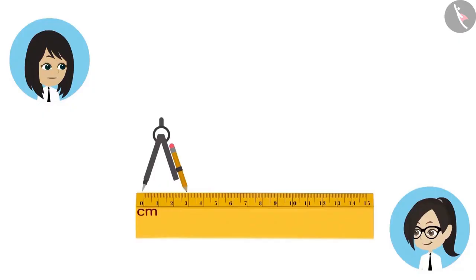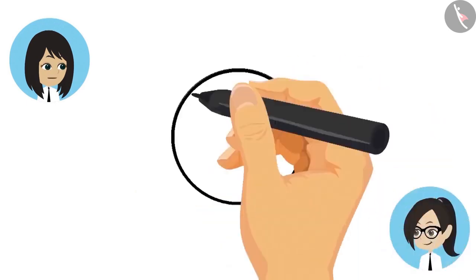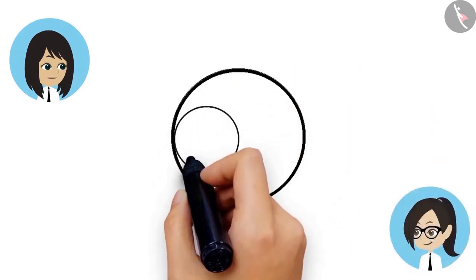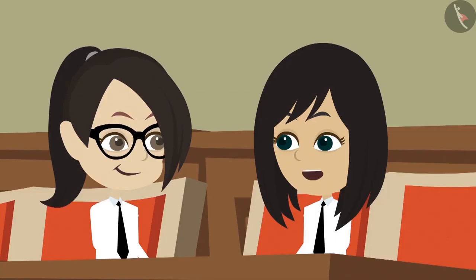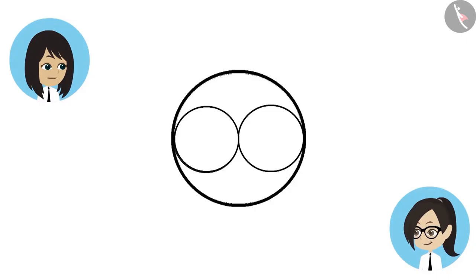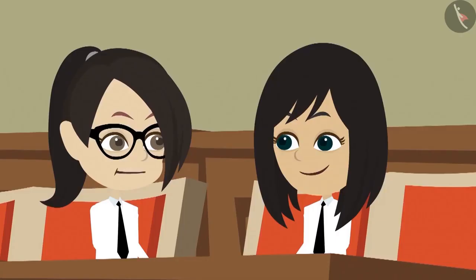Now we have to make 2 circles of 3 centimeters radius each. That means we have to make circles with half measurement of a big circle. Something like this. This looks like 2 eyes on a big face. Wait some more. Now let's erase the top part of one of these small circles and erase the bottom of the other circle. Now the design is complete. Wow, this suddenly looks beautiful.